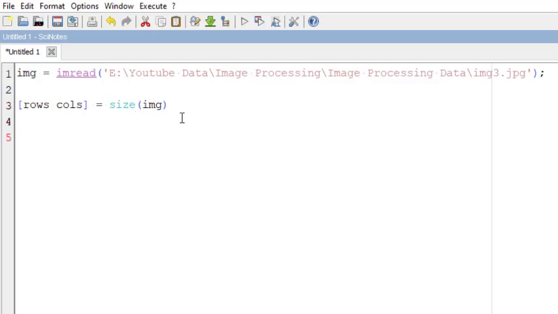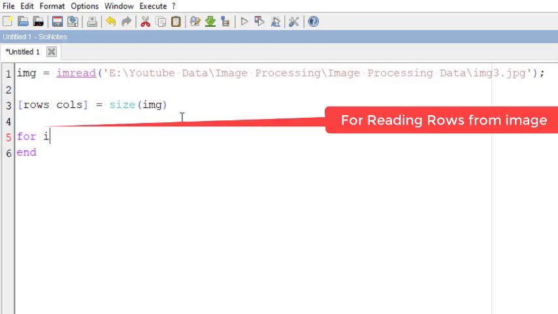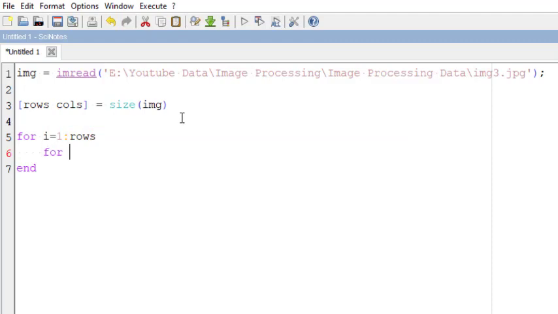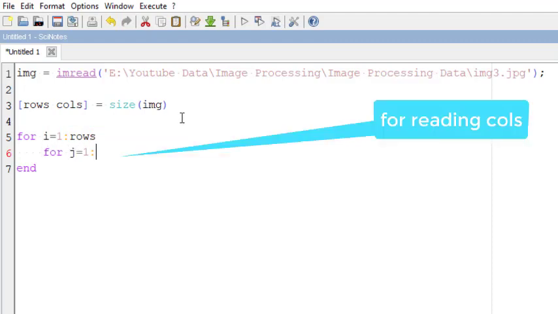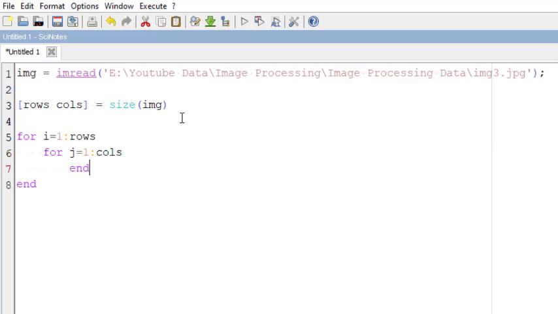Now start with the for loop. For i equals 1 to rows, and then for j equals 1 to columns, and just properly align this, end. These two for loops are used to iterate over the entire image.